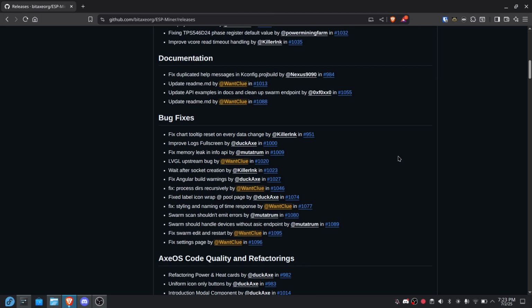Now, an important thing when it comes to the bug fixes, we have been working tremendously on making sure that everything works as smooth as possible. So here are the bug fixes that we have implemented. The first thing is a fix for the chart tooltip to reset on every data change, which was good because previously there was an issue where your data changes, it did some hiccup with the actual chart